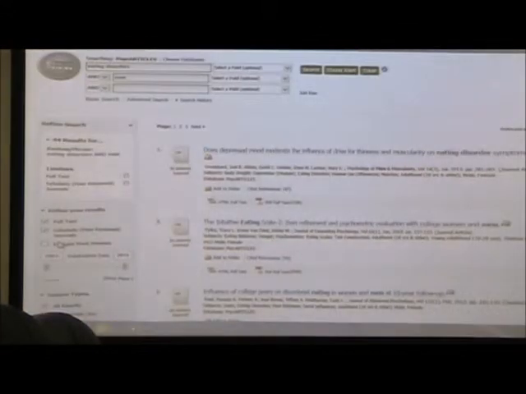I think that we're going to find that everything that we get is peer-reviewed and full text in this database. We get 44, and if I limit to full text and scholarly peer-reviewed, my results stay at 44. And, well, just to show you,